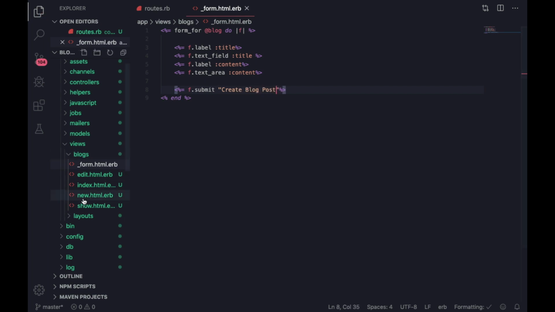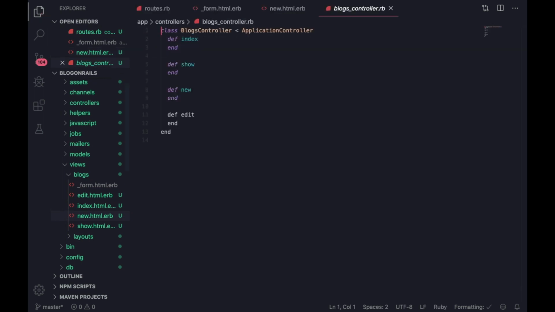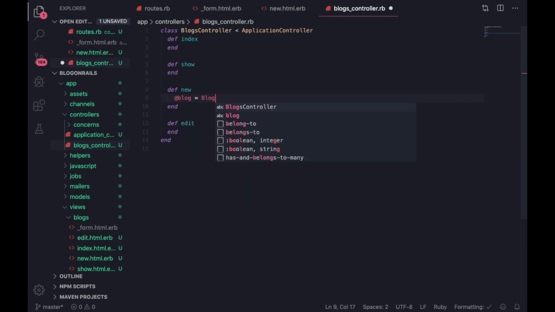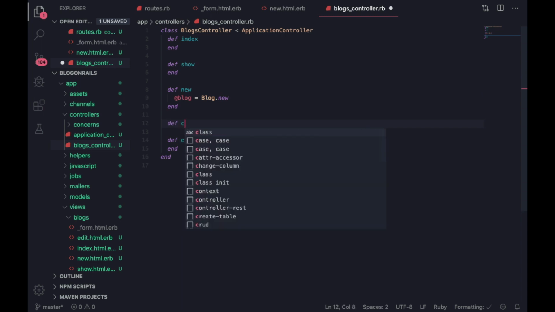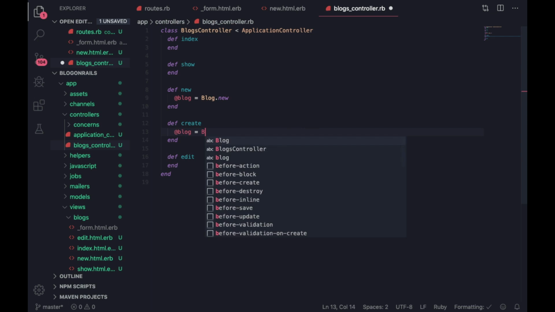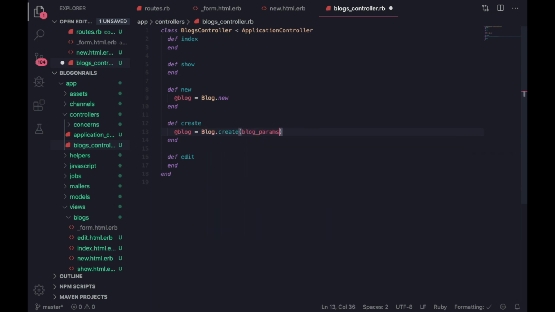Alright, that looks good. Let's head over to new.html, and here let's render the form. And now let's head over to blogs controller, and here inside new, let's create the variable Blog.new, and then also let's quickly create the create method. And so here we can say Blog.create, and then let's pass the blog params, which we currently don't have. So let's create them here quickly under private